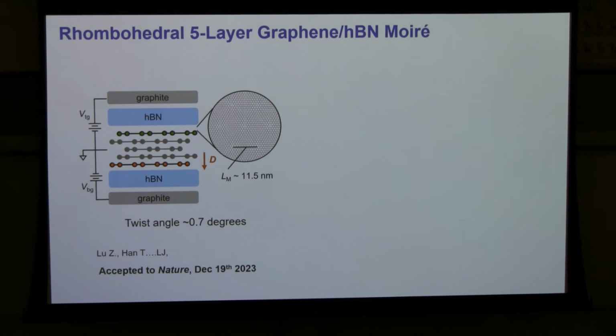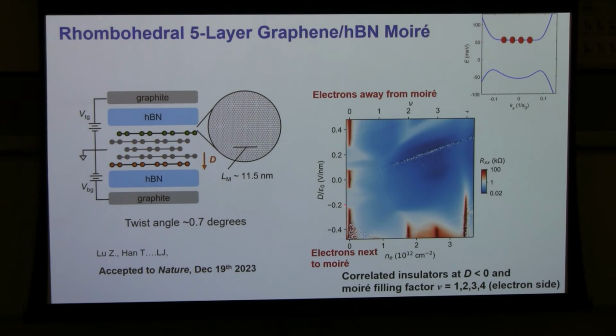And, you know, again, you can control these electrons by applying the gate electric field, right? So there are two things you can do. One is to apply a displacement field, open up the gap, and then you can push all these electrons to the layer that's part of the Moiré, or next to the Moiré. So if you put the electrons in this very flat band right next to Moiré, what you get is not a fractional state, but you get this insulating state at integer filling factor of the Moiré superlattice. This is similar to what happens in twisted bilayer graphene.